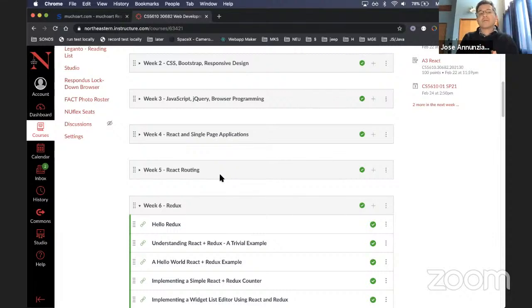And you are currently working on an assignment that plays around with these two topics, right? React for building single page web applications and React Router DOM to do the navigation part. Right. So this week we're going to introduce Redux, and it's going to go on this week and part of next week. Since again, it's a fairly complex topic that